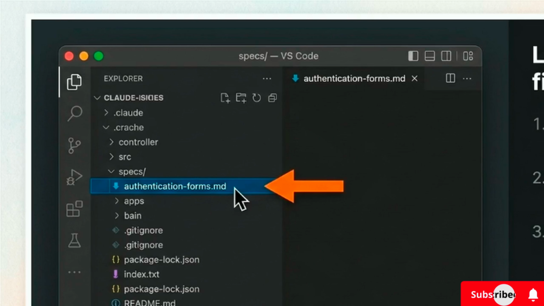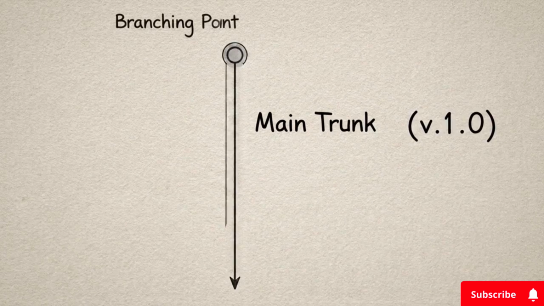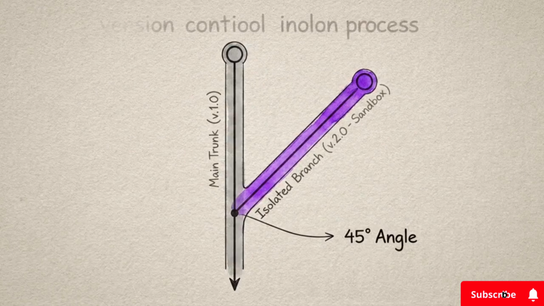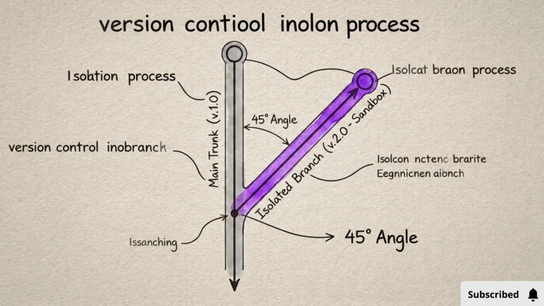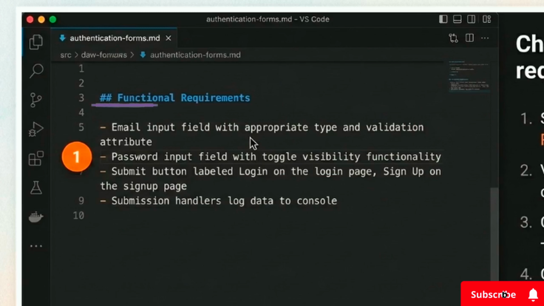We can now navigate the directory tree to review the newly generated Markdown blueprint. Isolating these generative tasks within version control ensures that the primary codebase remains stable while the AI explores the new requirements. We start by auditing the document summary to verify the AI processed the initial prompt without adding unauthorized goals. We then check the functional requirements, ensuring the broad ideas have been successfully translated into a specific checklist of inputs